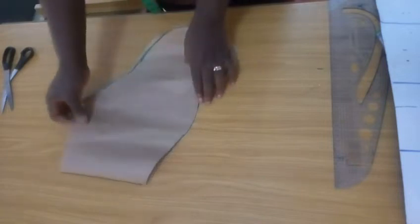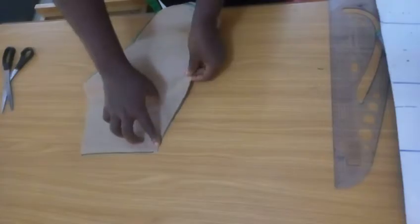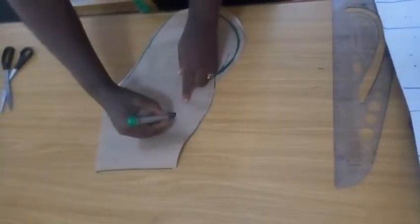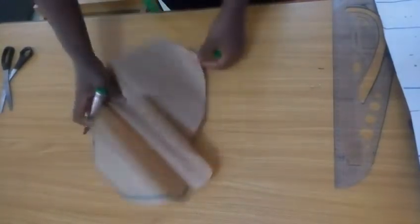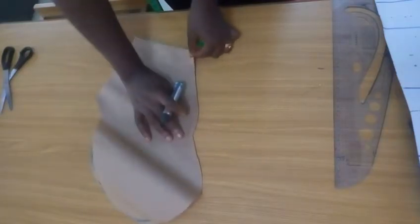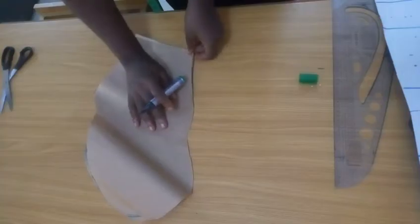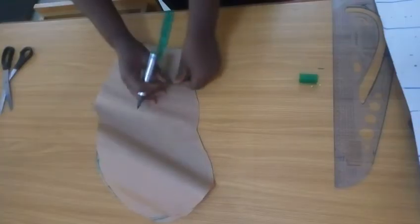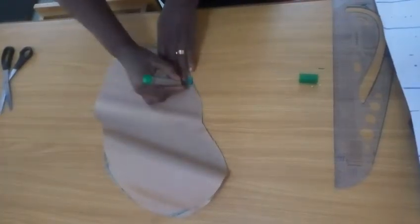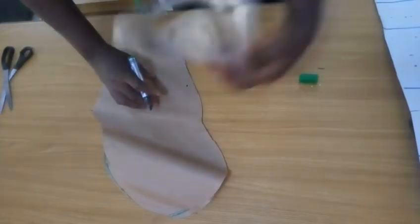Remember, the front is always smaller. The front of the sleeve is always smaller. So I'll be writing here as my back, while this part is going to be my front. Since it's going to be my front, I'll just locate the center line from here to here. I'll get the center point and come down by 0.5 and reblend,